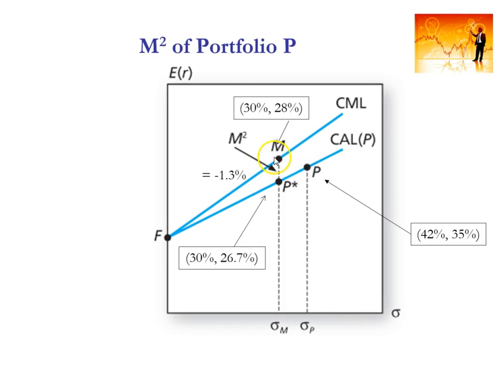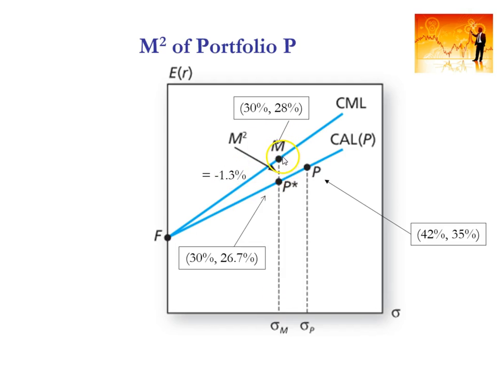Now, we've got these two portfolios, P, our managed portfolio, and M, the market, and what our M-squared measure is doing is equating them, so moving P back down its capital allocation line by combining it with a risk-free rate, such that it has the same standard deviation of the market,